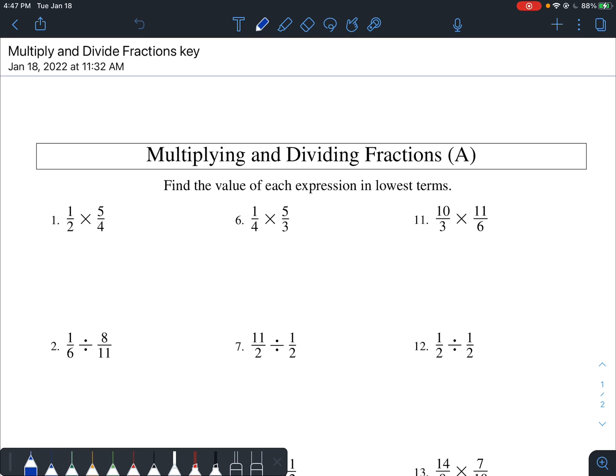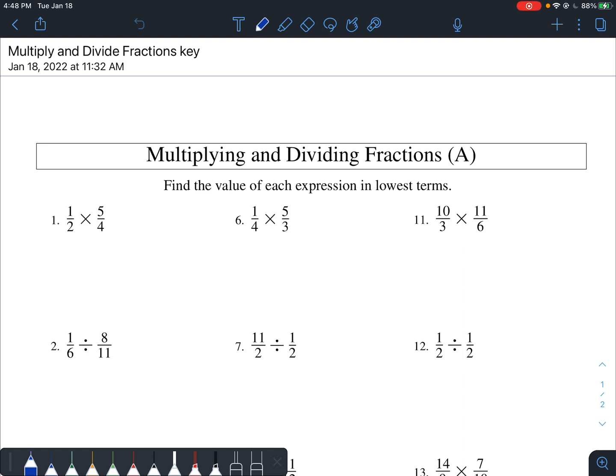In Chapter 6, we're going to be learning about rational functions, or functions that are expressed as ratios or fractions, pretty much. And so we'll be dealing with operations like multiplication, division, subtraction, addition, but as it relates to fractions. So we should be very familiar with how to multiply, divide, add, and subtract fractions. So we'll practice with numbers, and when we get into Chapter 6, we'll practice with